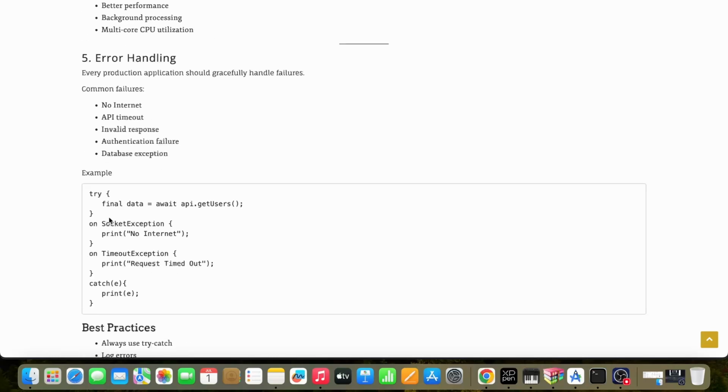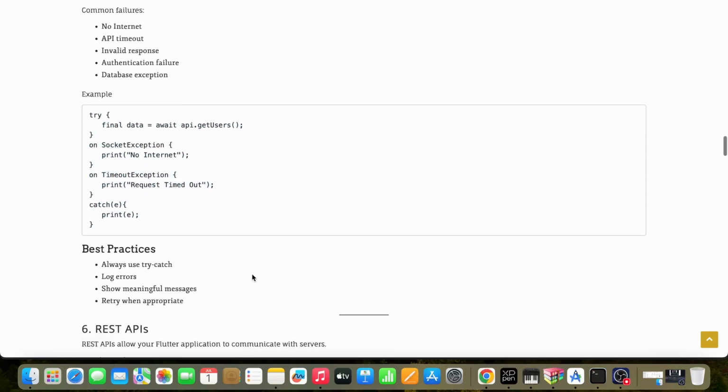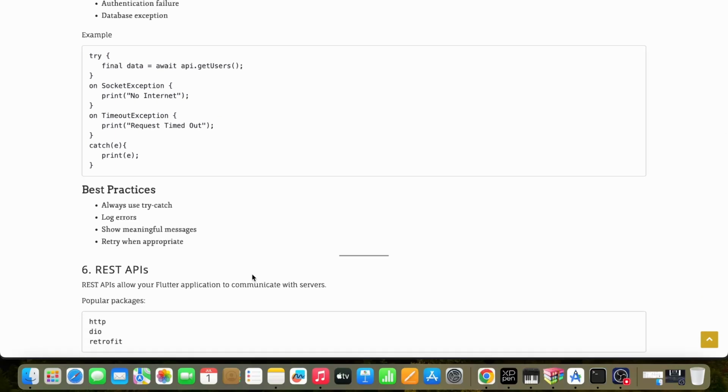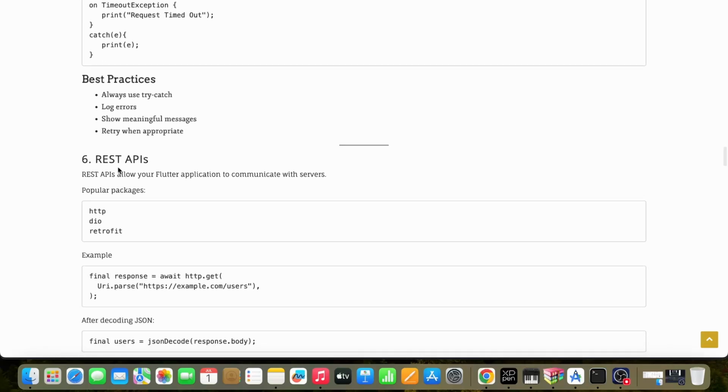So in this way, this is the format for how to handle error exceptions, how to do error handling in Flutter. Best practices: try to use try catch, error logs, show meaningful messages, retry when appropriate. Okay, so the retry thing we will be learning in this particular video as well. Now the next concept is